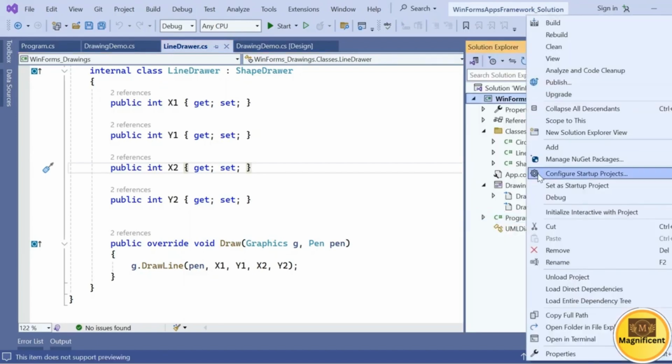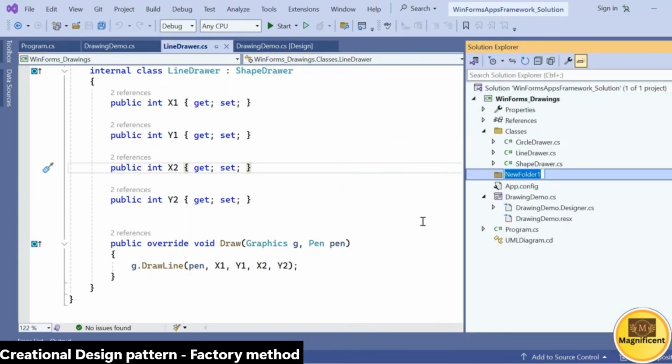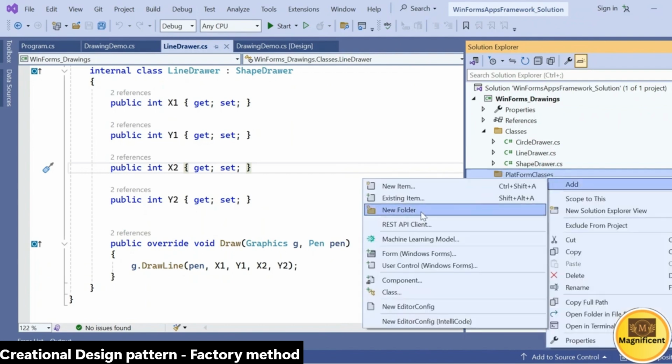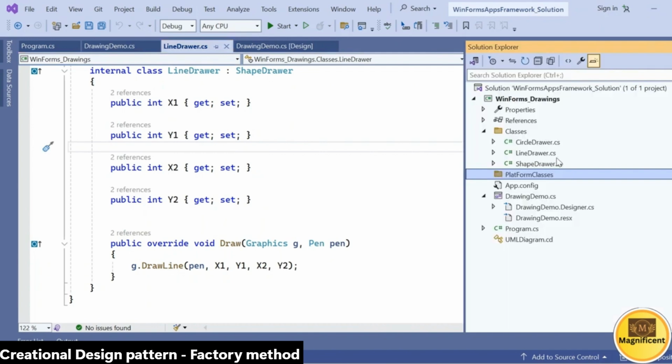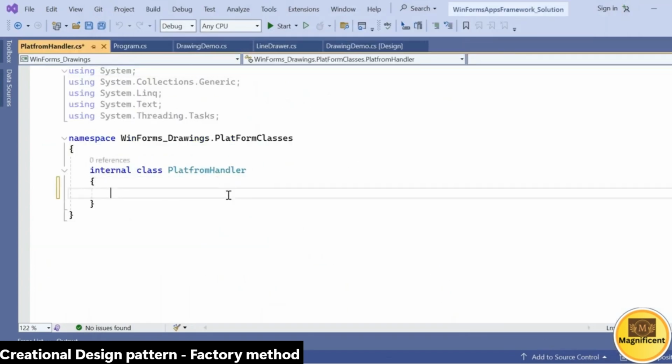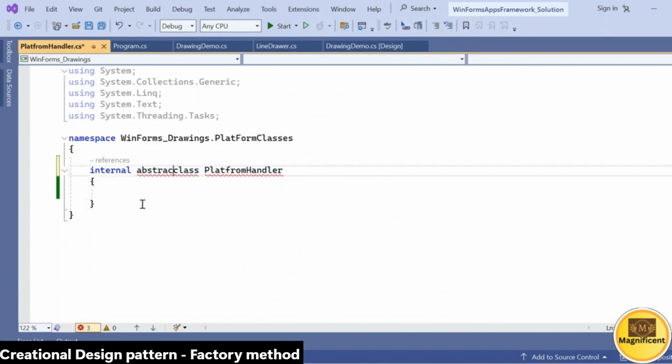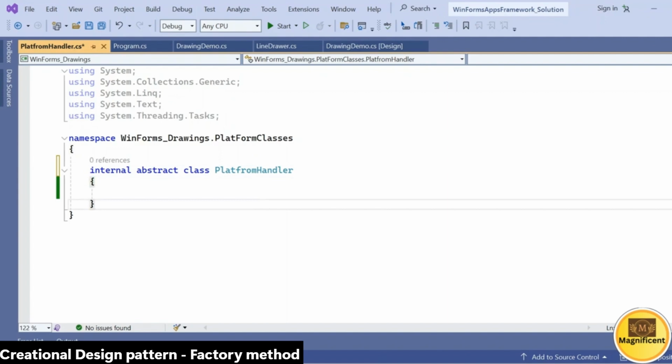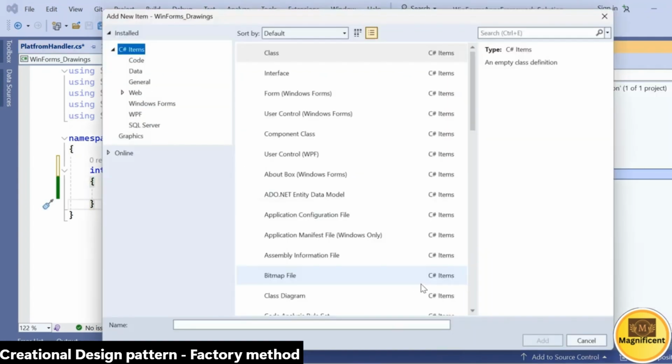So let's say we'll add one folder to create this factory design pattern. I'm adding a folder, let's call it platform classes, and in this platform classes, just as while creating the abstraction of the shape drawer, line drawer, circle drawer, in the same way we have to create one abstract class for the platform handler. So this platform handler is one class we have, and we are going to make it an abstract class. From this abstraction we are going to implement two things: